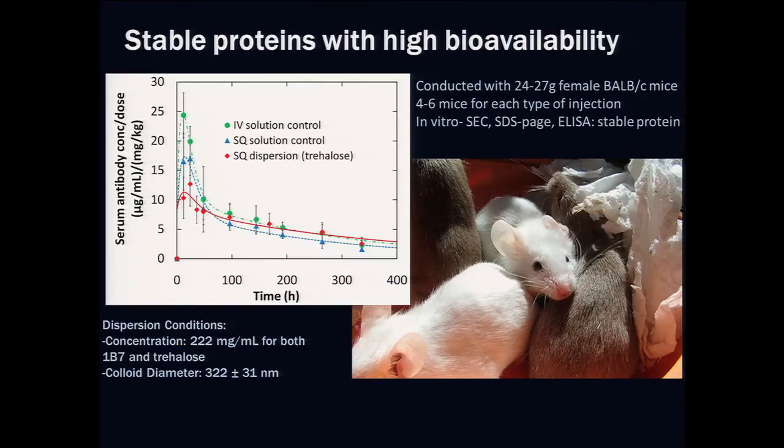And so the last slide I want to show is just results from an animal study that was done in Jennifer Maynard's group as part of this publication, where we tested injecting into mice the dispersion of clusters at very high concentrations for 1B7, and a lower concentration solution in an IV. And the idea is that at least the pharmacokinetic parameters look very similar for those three approaches. So it looks like, at least from the mouse's perspective, in these very preliminary results, that forming protein clusters not only gets you to the low viscosity region, but it also allows a possible delivery mechanism which really isn't protein